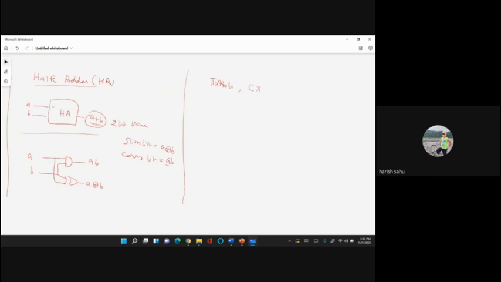So Sridhar, let's draw the circuit for others also. Suppose this is our A, this is our B. Can I take another extra qubit? Let's call it Y. No problem. So at this end, I need these two operations, AB and A XOR B. Using these quantum gates, Toffoli and control node, can I get this AB and A XOR B? Because half adder is doing this thing only, na? Inside these gates are implemented, but outside we are getting these two bits. Correct. So I need here two things, AB and A XOR B.